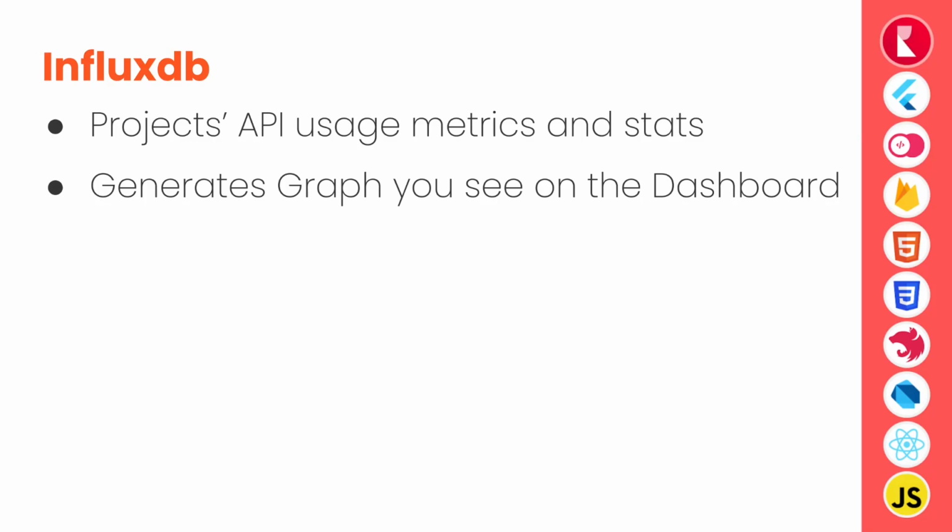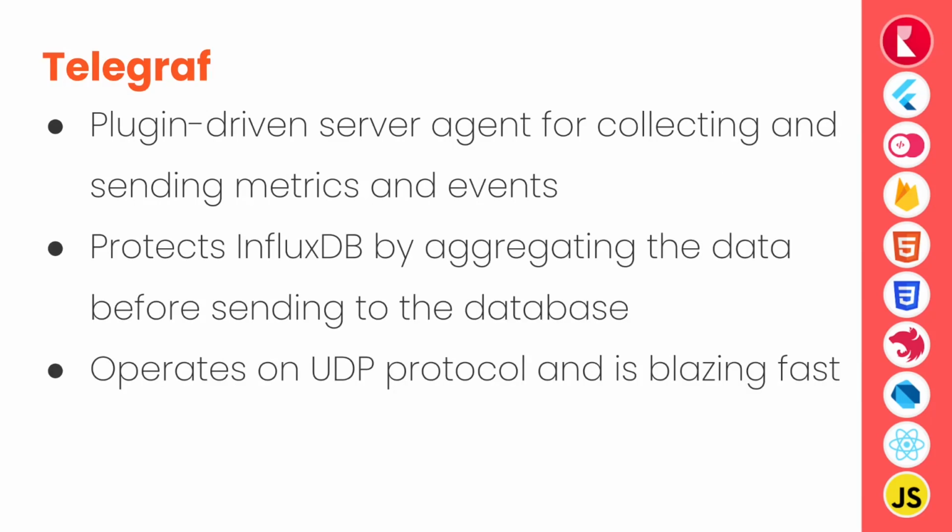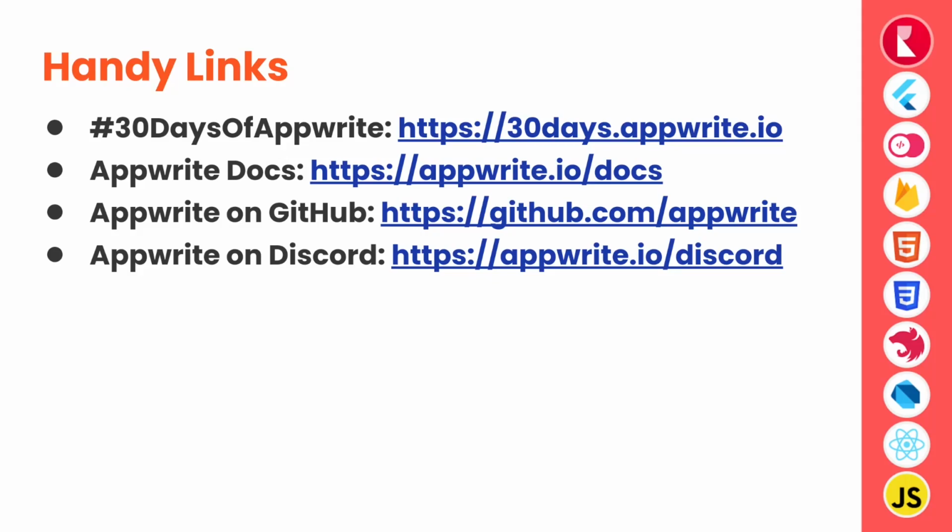Next, we have InfluxDB that provides the API usage metrics and stats, generates the graph that you'll see on the dashboards in upcoming episodes. Then we have Telegraf. It's an agent for collecting and sending metrics events. It collects all the events or metrics and statistics, and before sending it to InfluxDB, it aggregates the data and sends it to database. It operates on UDP protocol, and so these are the microservices of Appwrite that make Appwrite